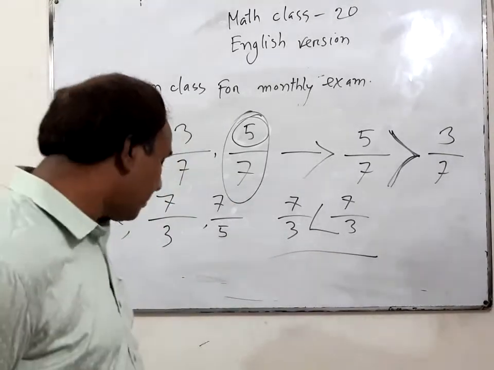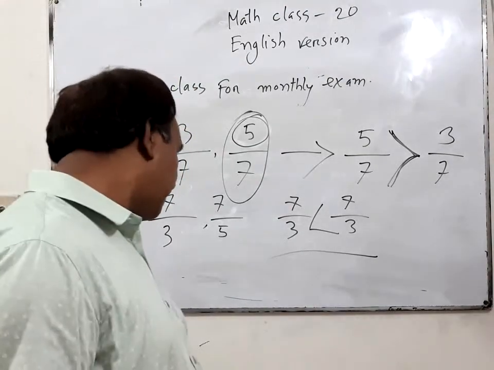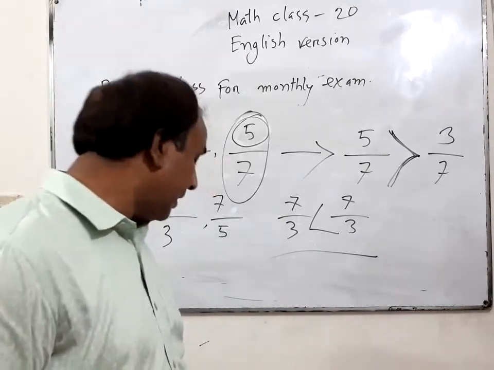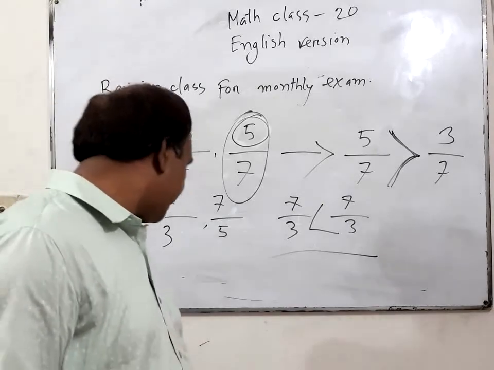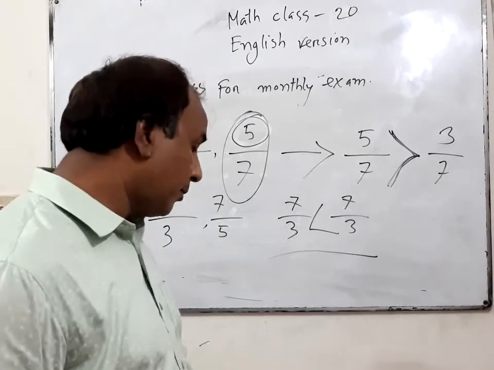So quintal, centimeter, meter, kilogram, we have to keep in our mind. And these are the important maths, 7, 8, 9, 10 and 11. You have to practice this math very properly,